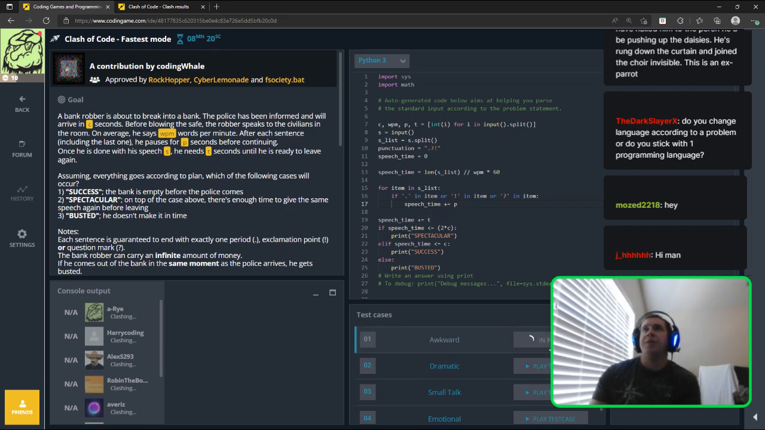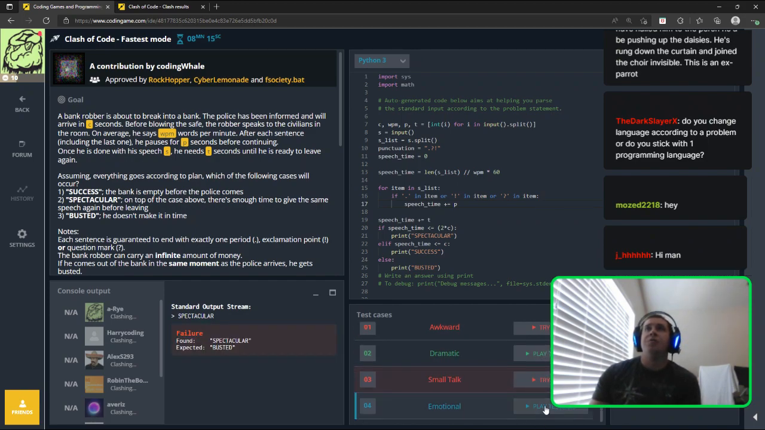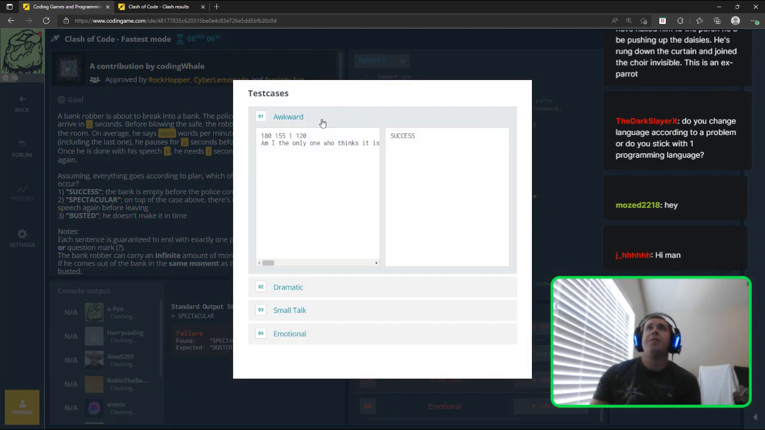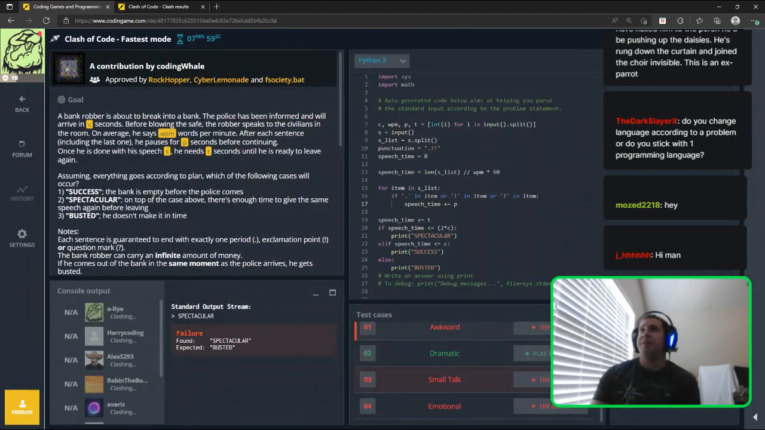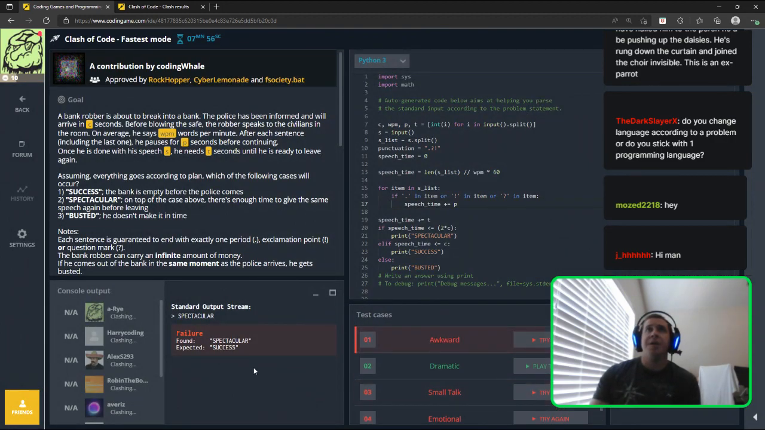Okay, actually, let's see how close we get with that. So dramatic, busted, spectacular. Okay, so this is wrong. There's something here. So if we look at, so this is just success, whereas we put out spectacular, I believe. Yeah. So maybe we're not inclusive with that. No. I could see them testing the exact corner case, but